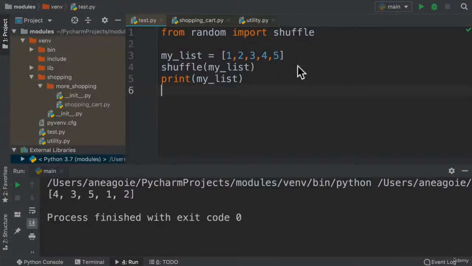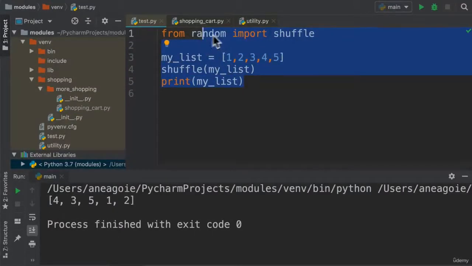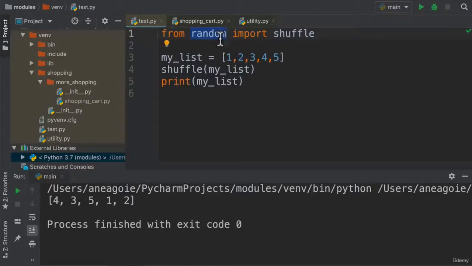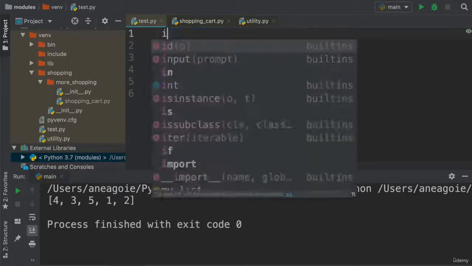Welcome back. I wanted to show you one other package. Mind you, we have a video coming up on useful built-in packages in Python, and we'll go over some of my favorites. But I want to show you one that's a little bit different than what we've seen, which is random. And this one is called